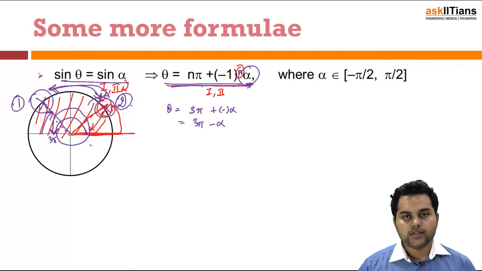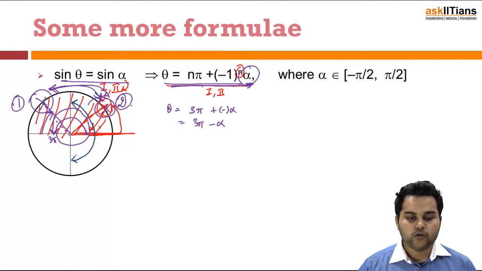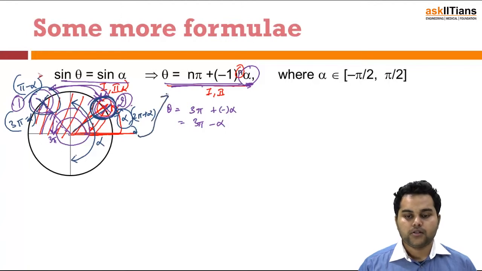And in the case of sin theta is equal to sin alpha, it is decided, it's convention, that we take the value from minus pi by 2, that is here, till here. So alpha would be lying here, and in this case alpha would be this value, because if I take this value, this would be a solution, but this would be pi minus alpha or 3 pi minus alpha, and this would be just alpha or 2 pi plus alpha, of which alpha is the value taken and put in the general solution equation.